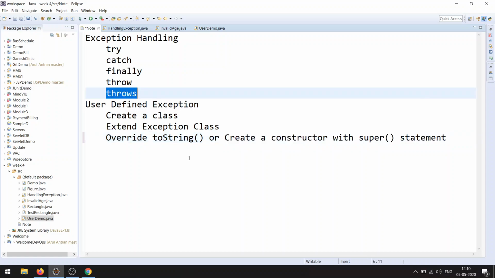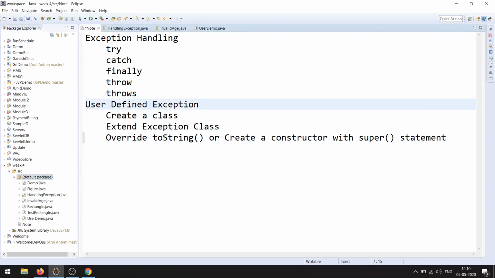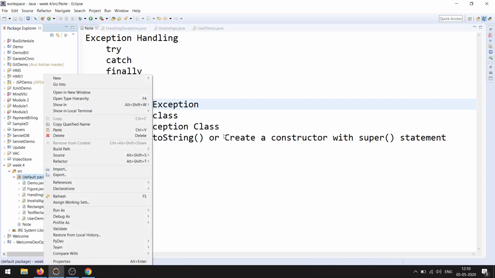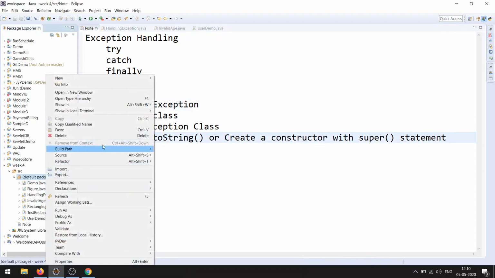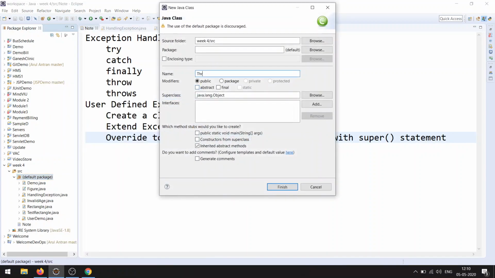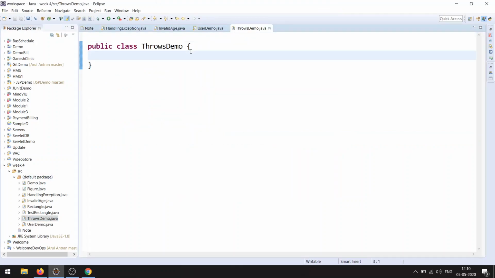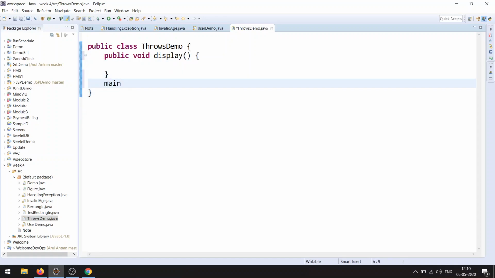So now we'll come back to the throws keyword. So what is the purpose of the throws keyword, right? I'm going to create another class so that you can understand it in a better way. For ThrowsDemo, I'm going to create a separate class ThrowsDemo, and here I'm going to have a public method display. So I have a display method, then I have a main method,